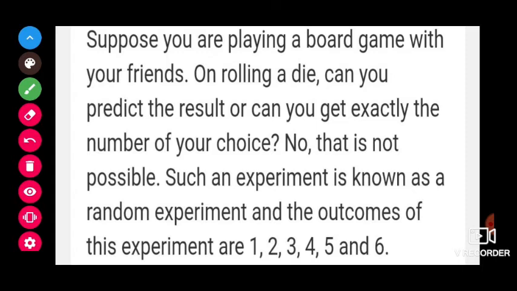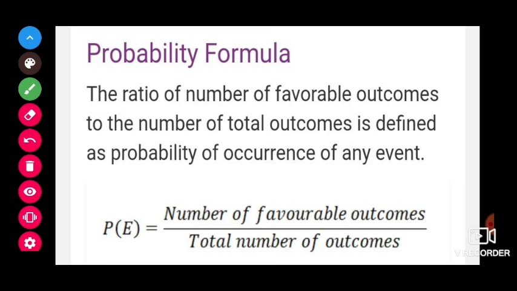So the probability of 1 occurring has only one favorable outcome. The chances we may get are 1, 2, 3, and so on, 6 chances. The total events that may occur are 6, but our favorite is 1. So 1 can occur only one time. Here we will see the formula for probability: the number of favorable events by the total number of outcomes.